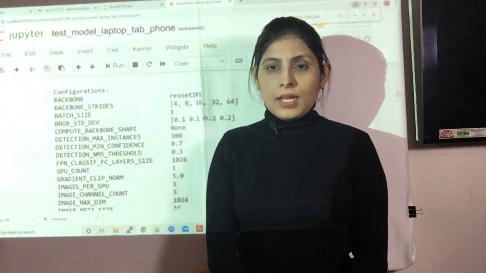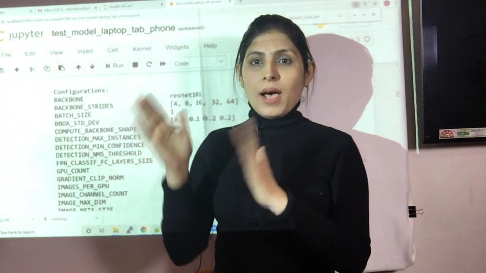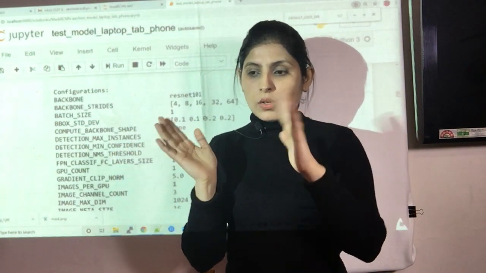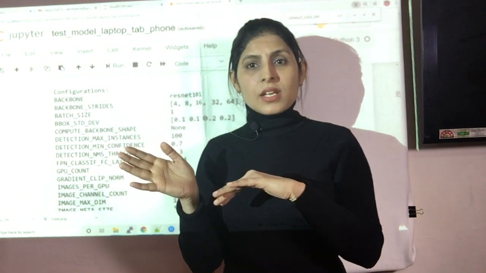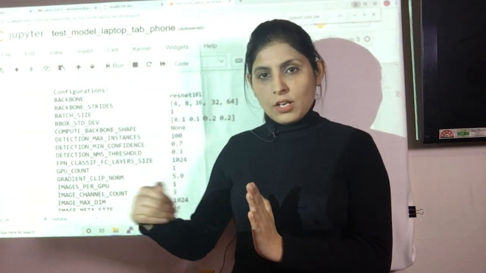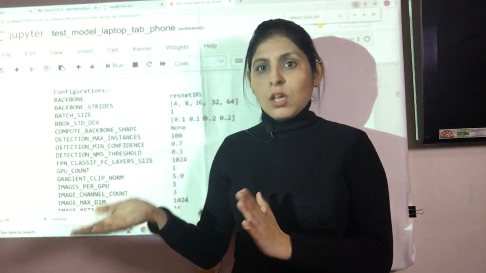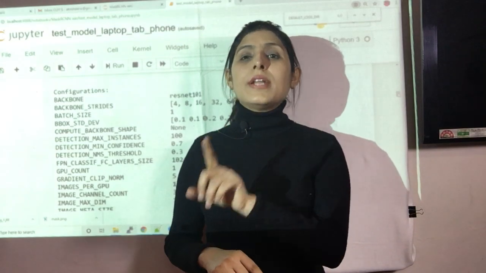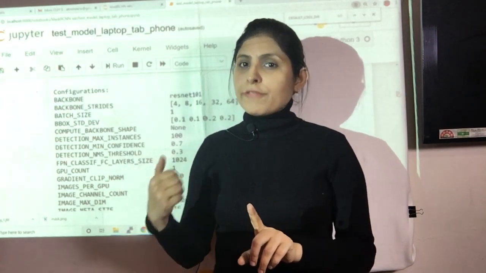So guys, as I've told you, this Mask R-CNN is an extension of Faster R-CNN. In Faster R-CNN and in Mask R-CNN also, before using them, we use one pre-trained convolutional neural network for extracting features.